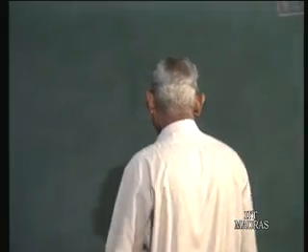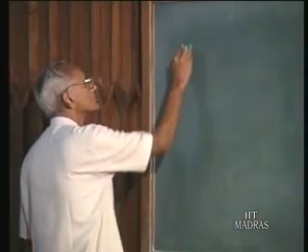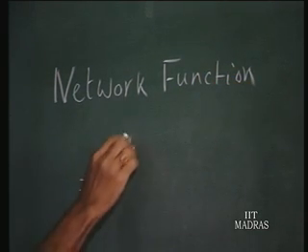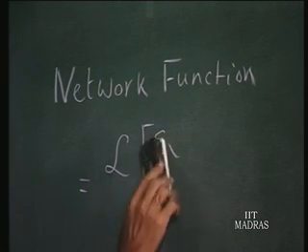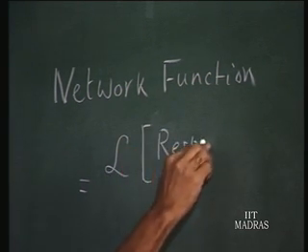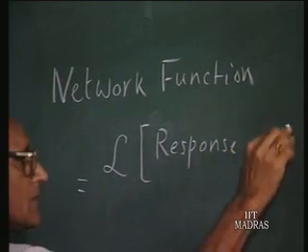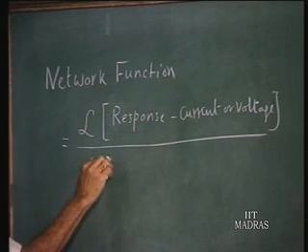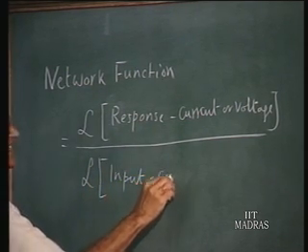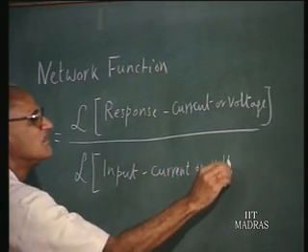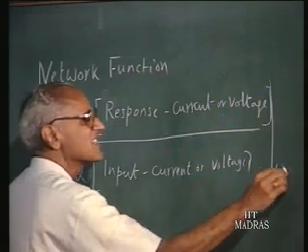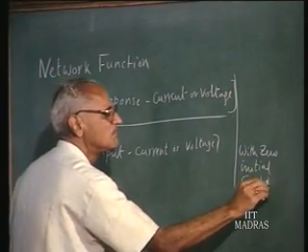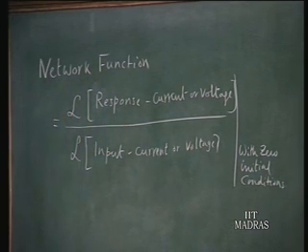Let us see. So, broadly speaking, a network function is the Laplace transform of the response, which is either a current or voltage, divided by the Laplace transform of the input or excitation, which is again a current or a voltage. And this is done with 0 initial conditions. So, if we call a network function by the general name H of S,